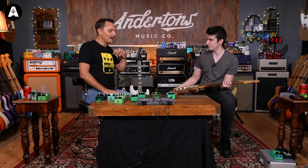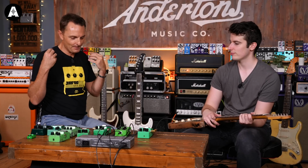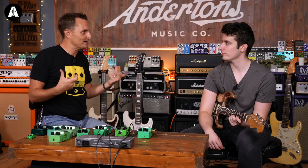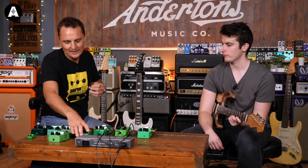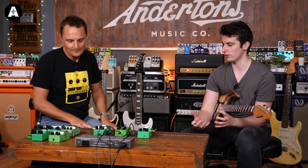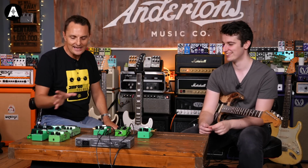I genuinely don't mind massive necks at all, and there's a very small, one or two minute transition for me where I go, okay, this neck's a bit fatter than the previous neck I was playing, and then after that I just forget about it. I think people make a ridiculous big deal. Oh, my fingers aren't big enough, whatever. Rubbish. I used to teach kids, and they'd always say, "My hands aren't big enough to do it." And I was like, "It's an excuse." Yeah, it's just...